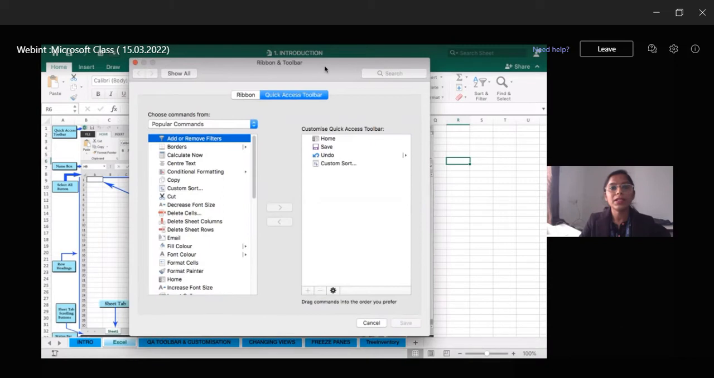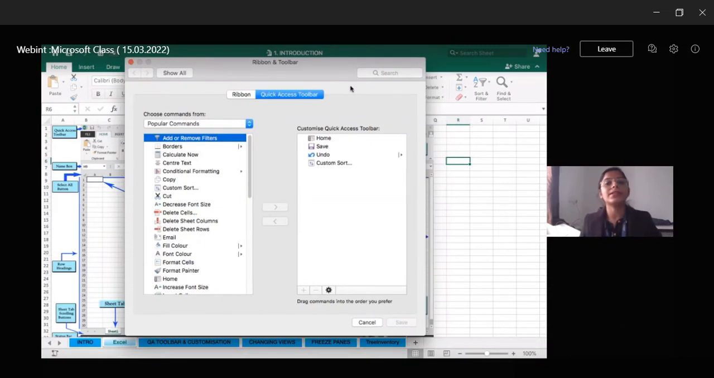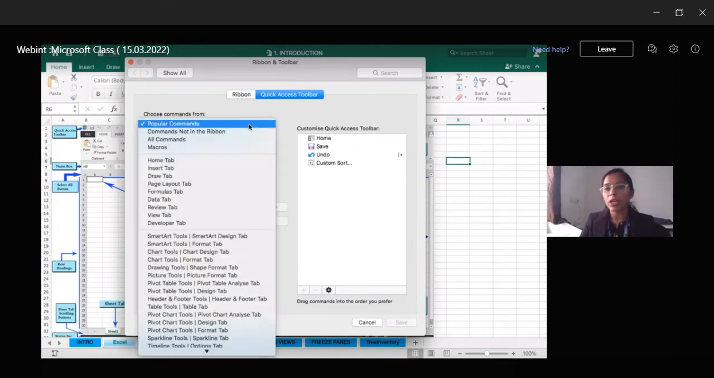Now you will get a screen like this, that is the ribbon and the toolbar. In the quick access toolbar tab, you can see all the commands here. So in this drop down, you can choose whatever command you want. Practically, as per your requirement, you can customize the tool and add it to your quick access